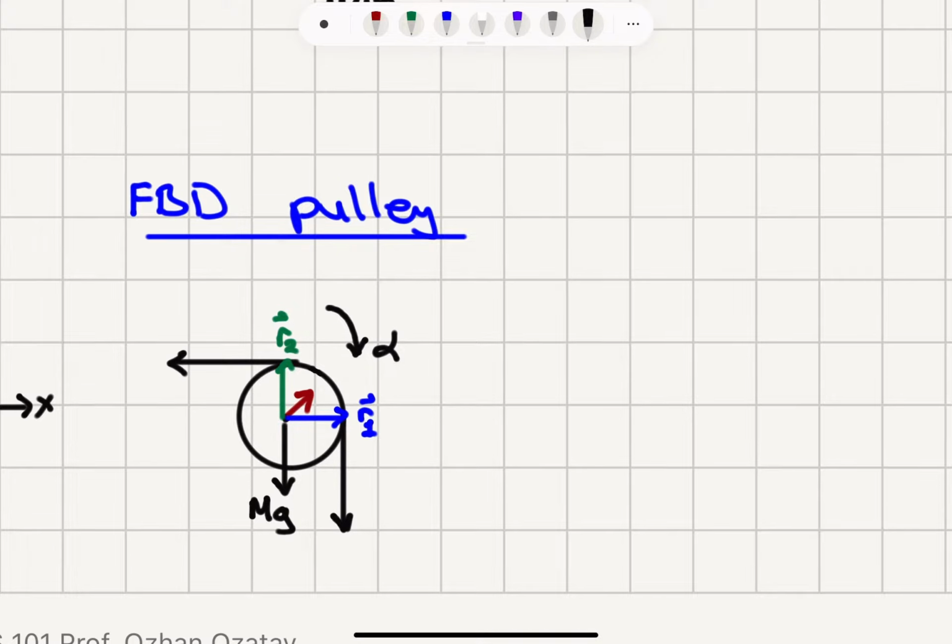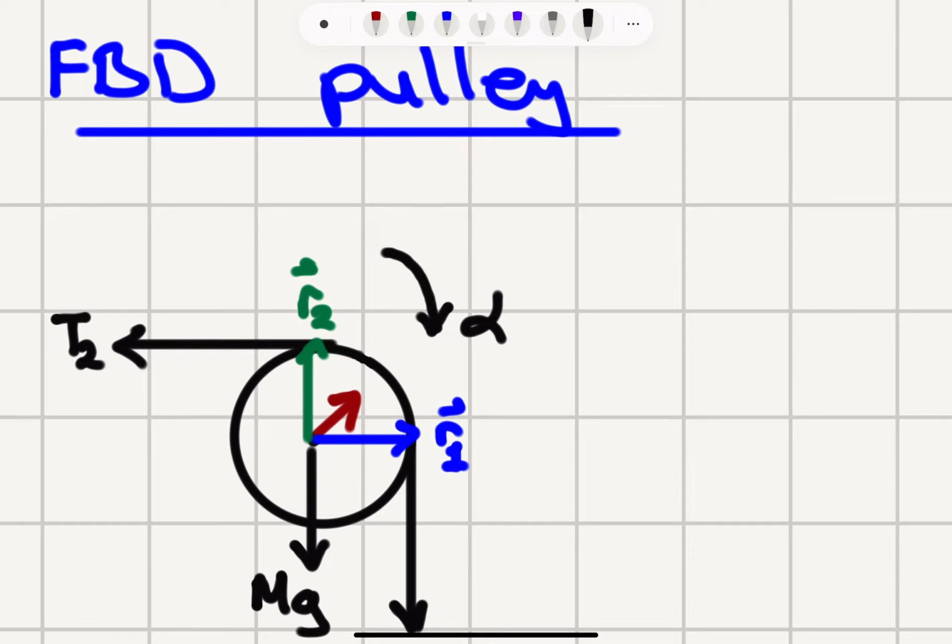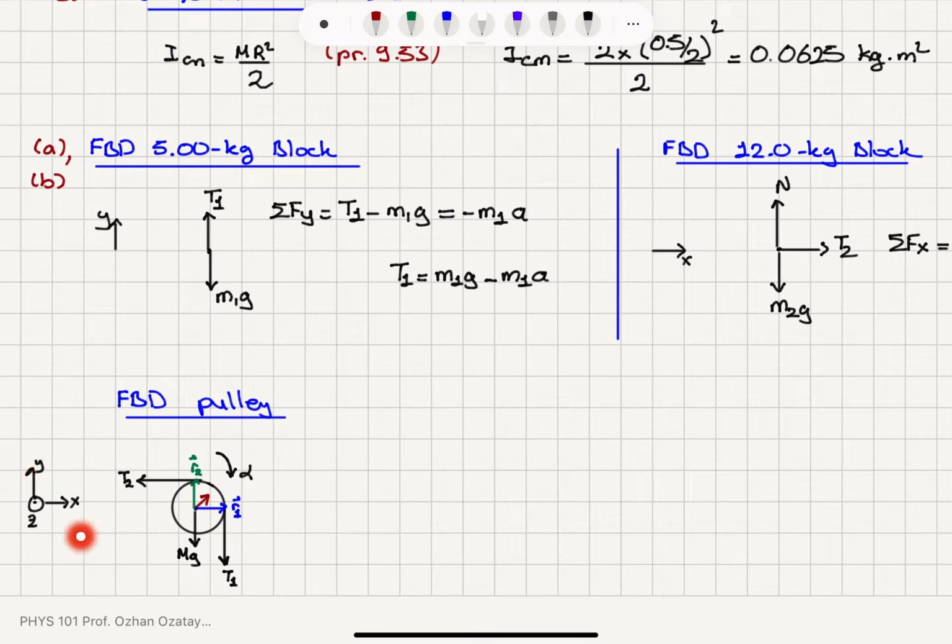And there is the tension on the first wire, T1, pointing down because it was pointing up on mass M1. It is pointing down on the pulley. And likewise, we have a tension T2 on the second wire. And then we have a force here that is exerted by the axle. So this is our contact force that we can see due to the physical contact between the axle and the pulley. So if we set up our coordinate axes here, this is x-axis, y-axis, and z-axis,